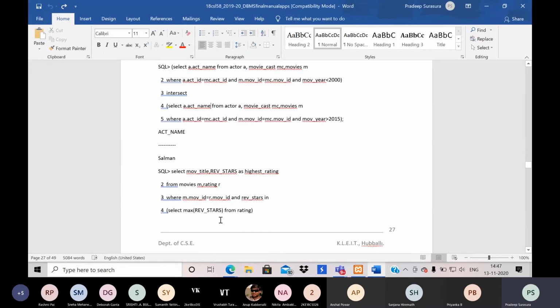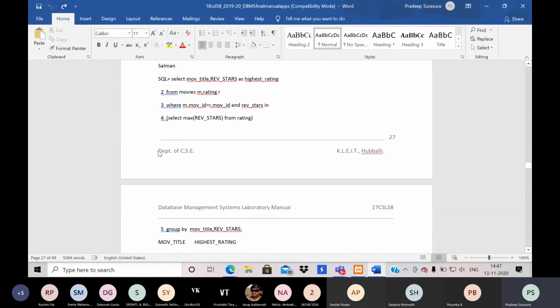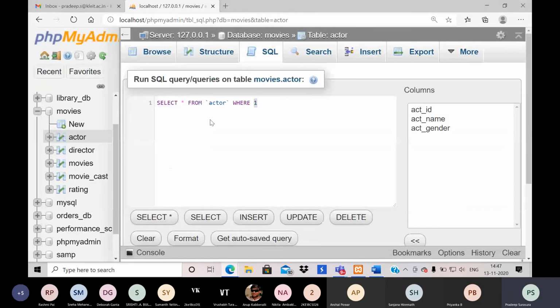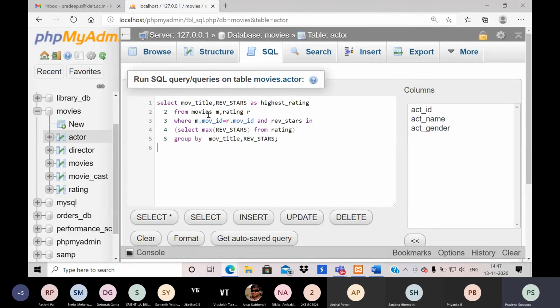Okay, so next I will have one more query which displays the highest rating of all the movies. Greater than 1 rating or more than 1 rating, how many movies are there?